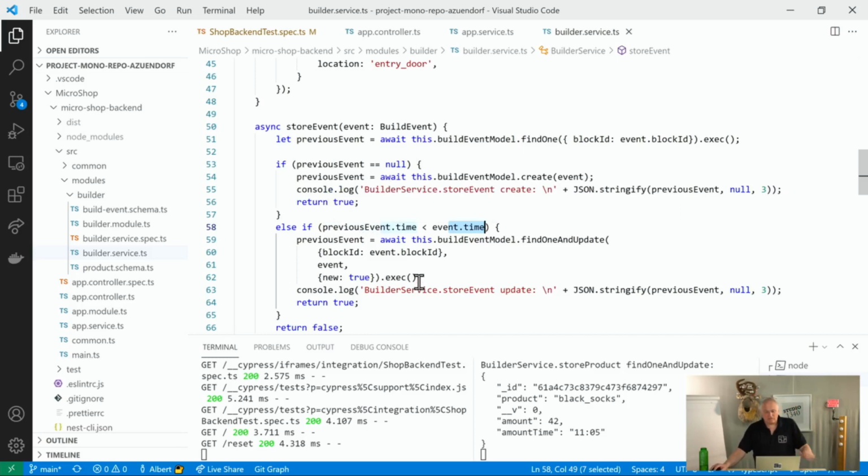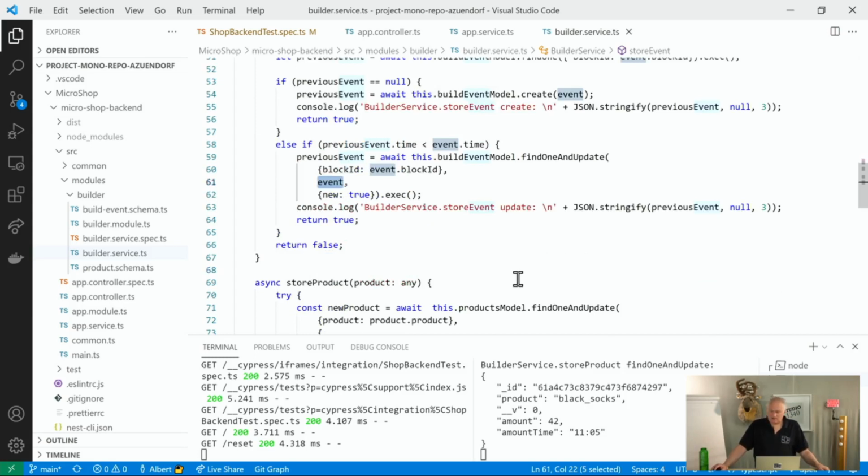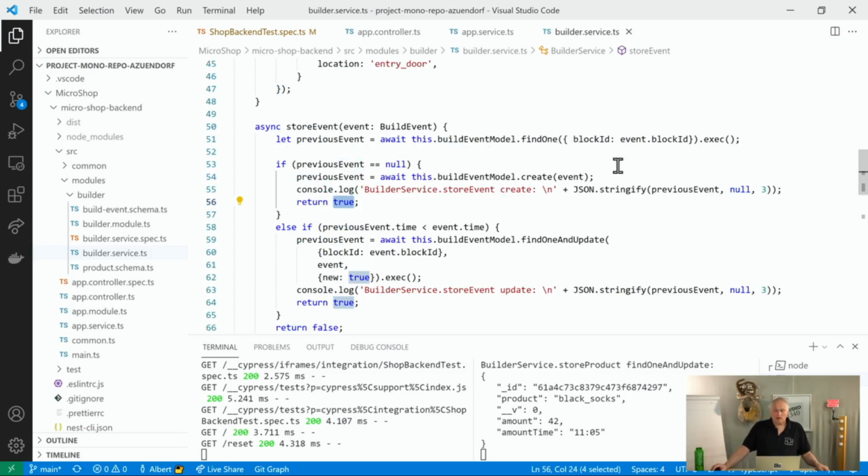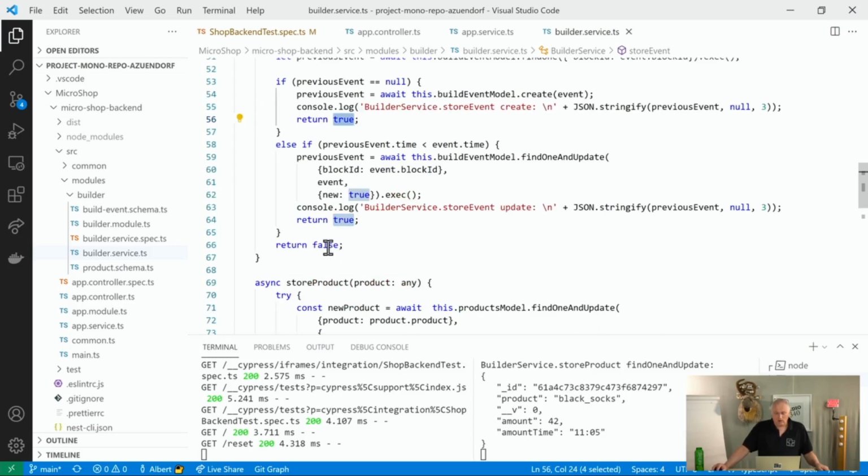And I actually push this information into my database, and I do a find one and update. I look up the old thing and put the new thing there. And that's what I would want to have. Okay, and yeah, it's hard. I'm sorry. So, and then I deliver back true, or yes, this is actually a new event that should be handled, or false for no, I have already done this. And what we do afterwards,